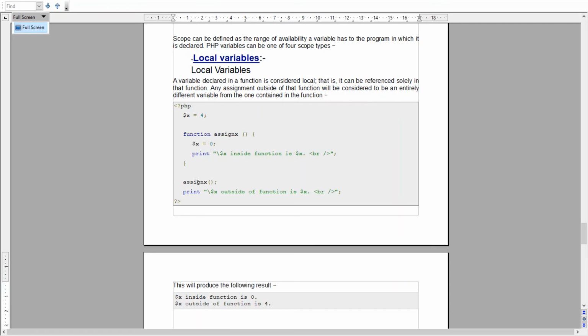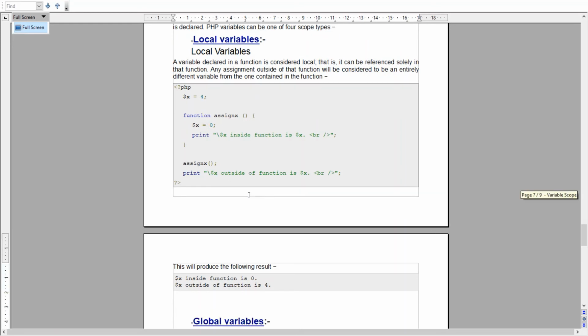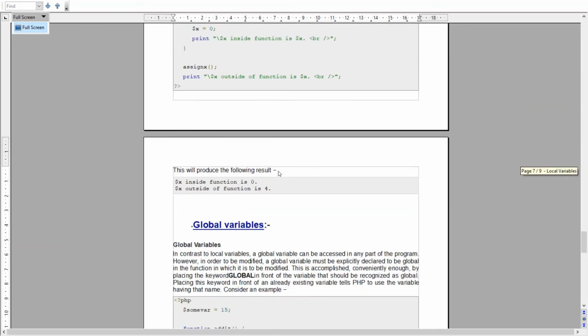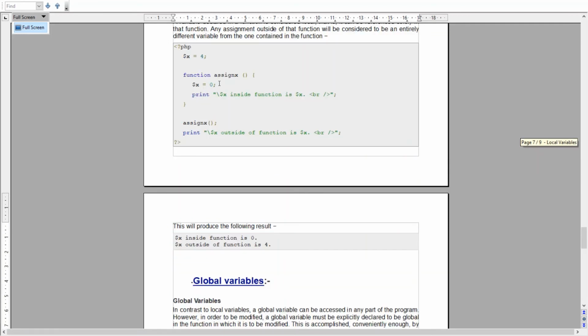If we call this function, it will display this value, and then we have a print function to print the value of x. So this will display 0, and this will display 4 in our case. This variable has local scope and can be used within these curly brackets.